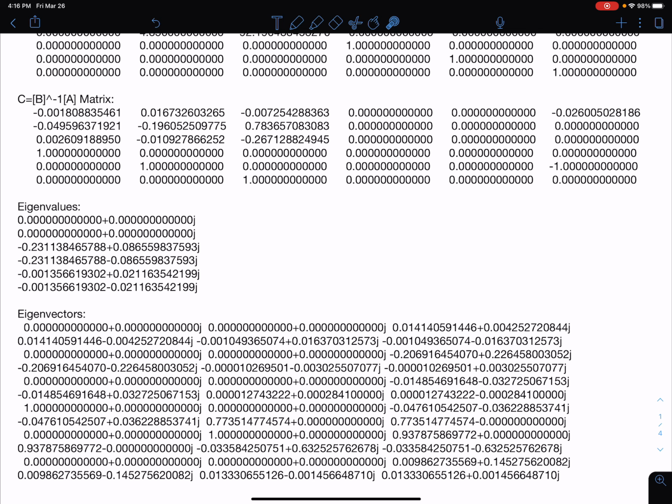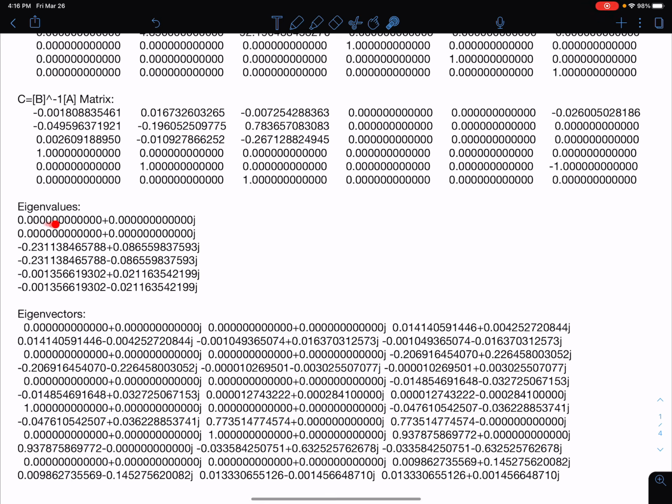So we expected 6 eigenvalues. This is a 6 by 6 system. You see I get 2 eigenvalues that are exactly 0, and those are really important. We're going to talk about that in just a minute. Then I get 2 eigenvalues that are complex conjugates, so the real parts are identical and the imaginary parts are identical but opposite in sign. And then 2 more that are complex conjugates. So I actually get 2 sets of complex conjugate eigenvalues.